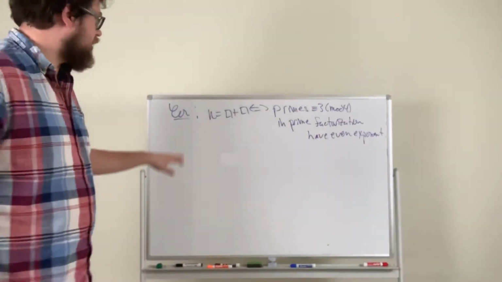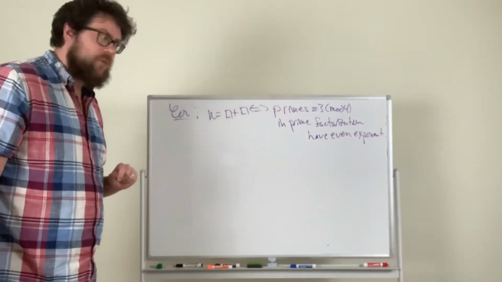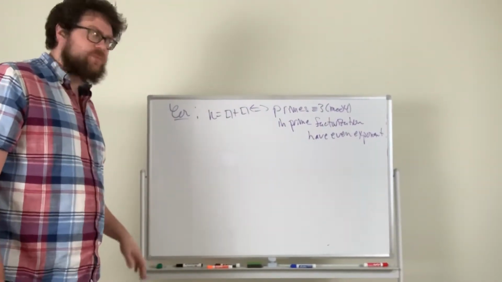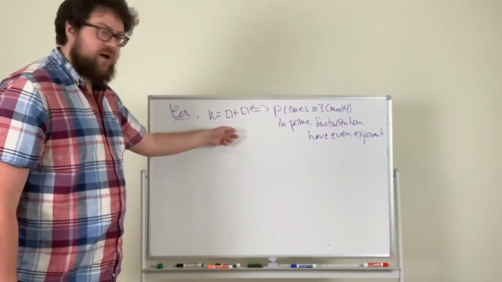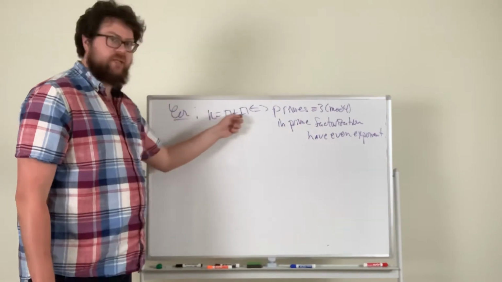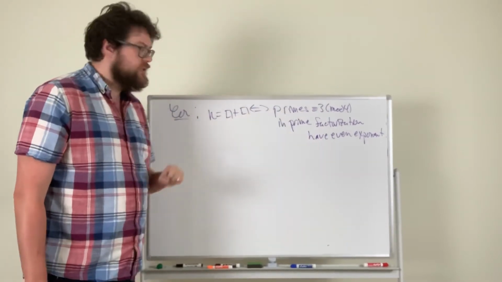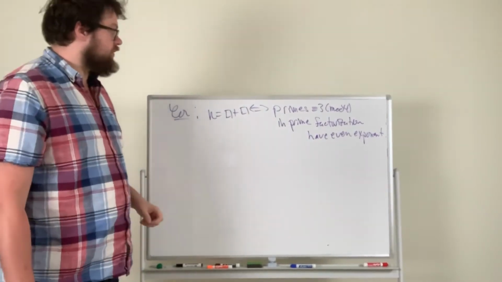Alright, so in this video, I want to give the corollary to Fermat's result about which primes are sums of two squares, which is this beautiful theorem that reads as follows. Any number n is a sum of two squares if and only if, when you look at its prime factorization,